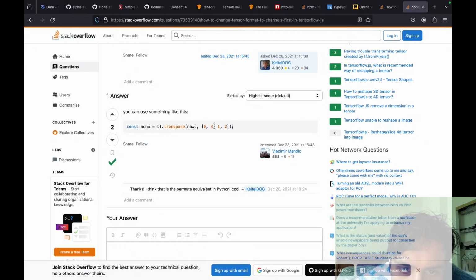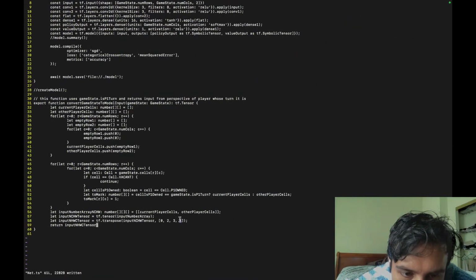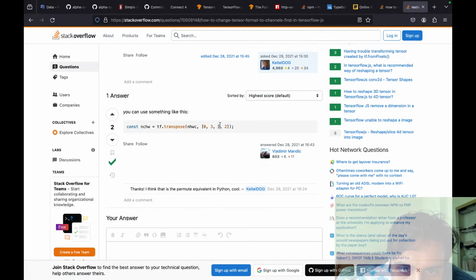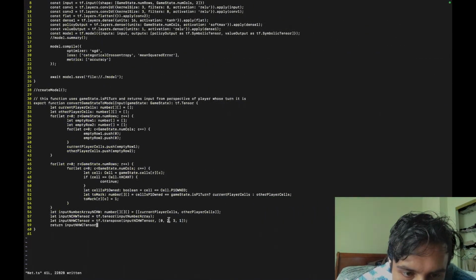So then let's just take, for example, this 3. This 3 here means the last one, which is this one. So 0 is unchanged, and this one is 1, the first one. Well, the second one, if you consider the 0 index. So that's the second thing, which corresponds to this,